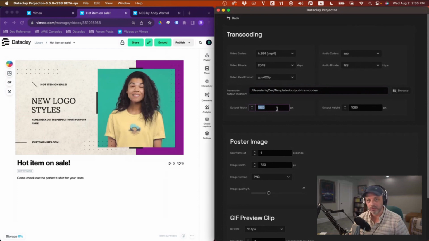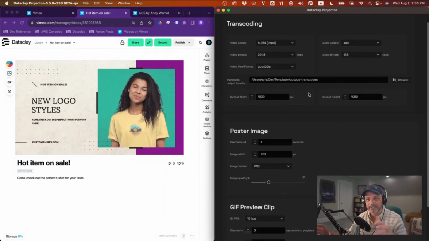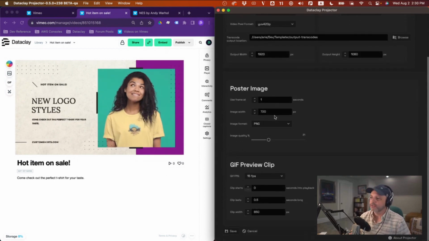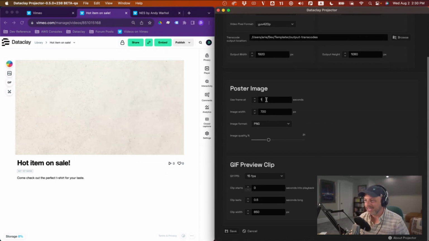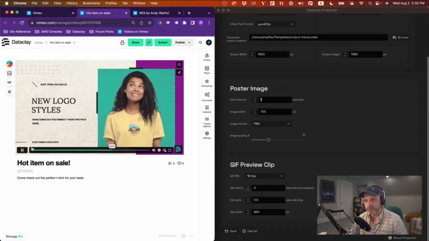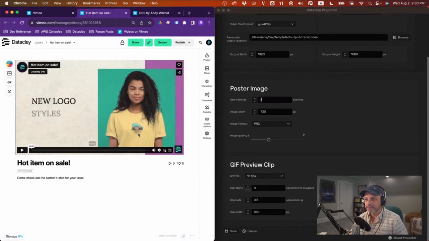And then you have an opportunity to rescale content if you feel like you want to do that for whatever reason. You can, and this is not connected via aspect ratio, so you've got to be careful here. And then the poster image allows you to determine which second inside of the rendered asset the poster image should be. So if I hit reload on here, this thumbnail right here is 1 second in to the actual rendered video asset.